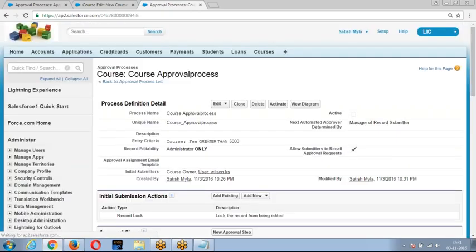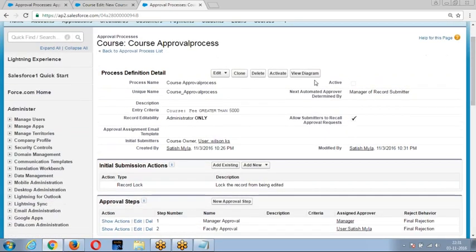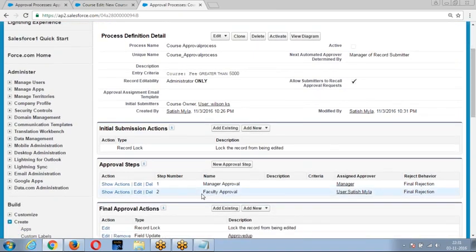So this is how I created it. According to my requirement, whenever a new course is created and the fee is more than 5,000, it should be approved by the manager and faculty. If the manager approves, perform an action, manager equal to approved. If the manager rejects, perform an action, manager equal to rejected. Once the manager approves, I want to send it to the faculty and faculty has to approve it.